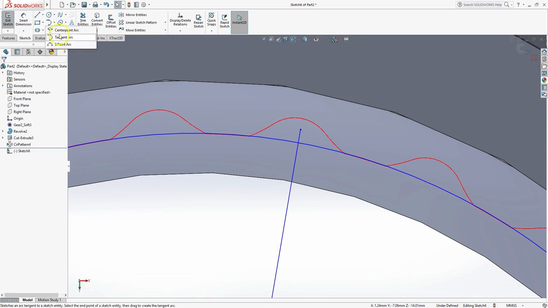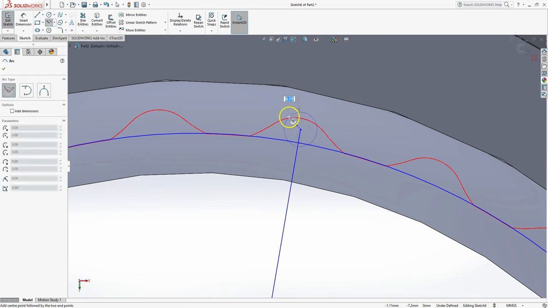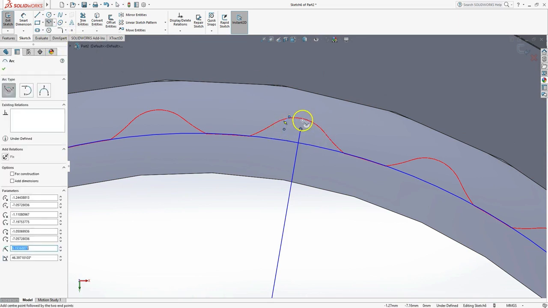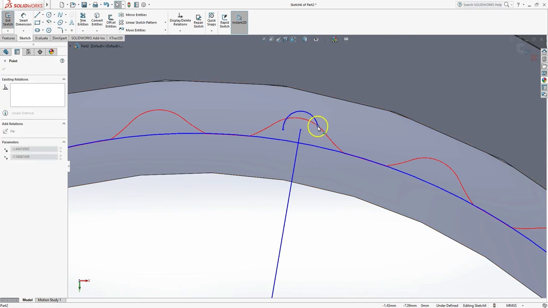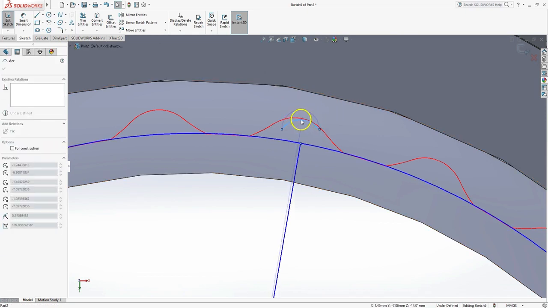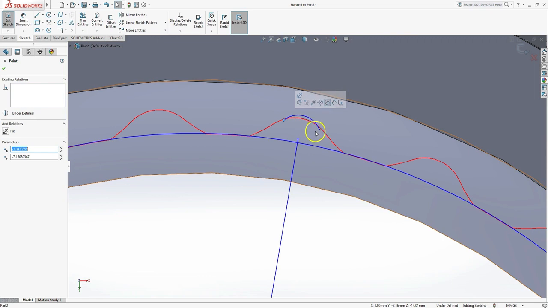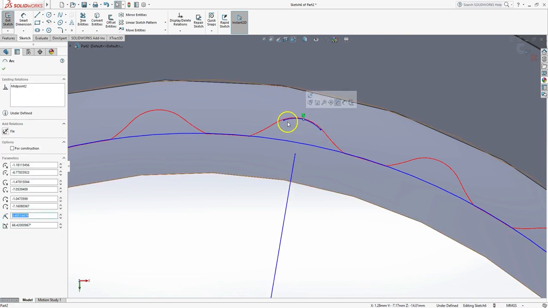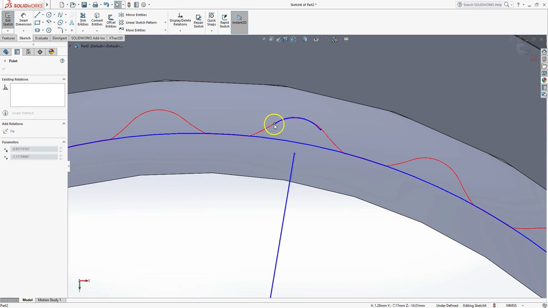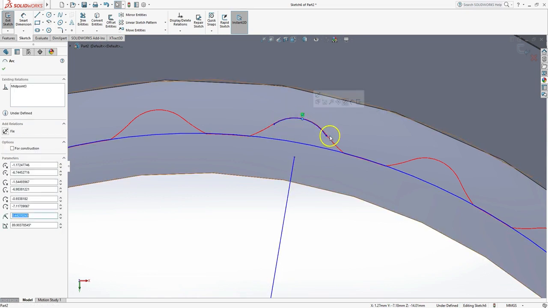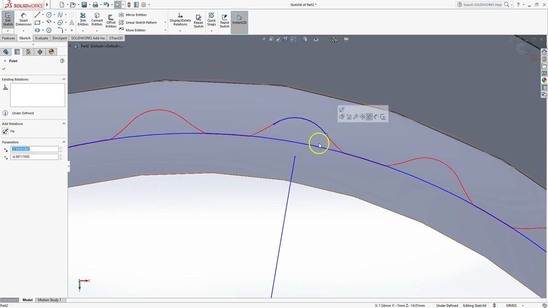And I'm going to use a center point arc to define this side. Pull that in just like that. We're trying to get this on top of the 3D scan. We'll use that scan to set our dimensions and get the shape just the way we want it. Pull that in, like that.